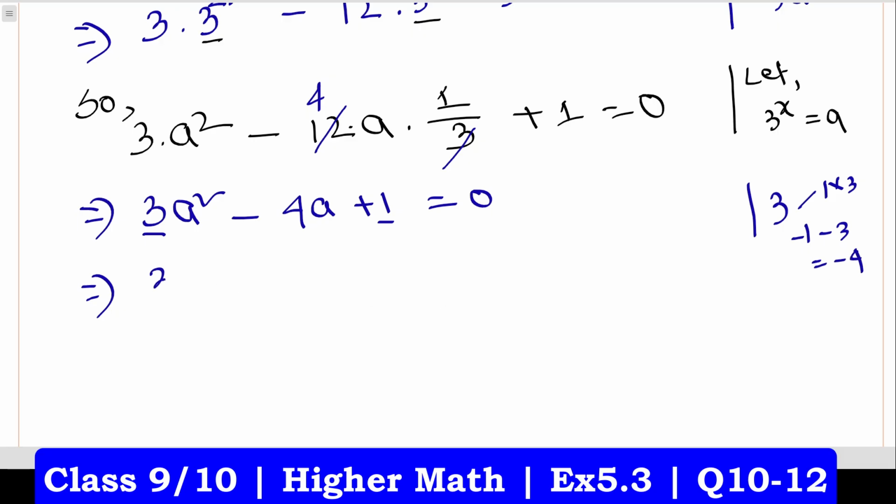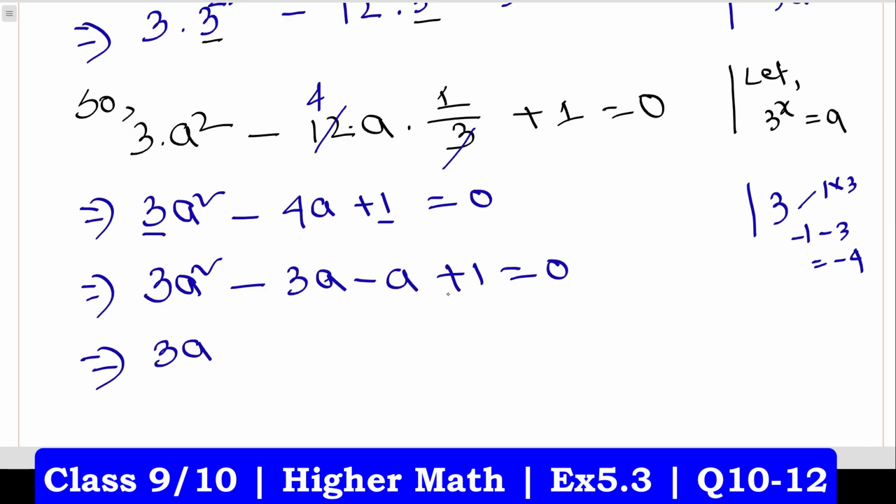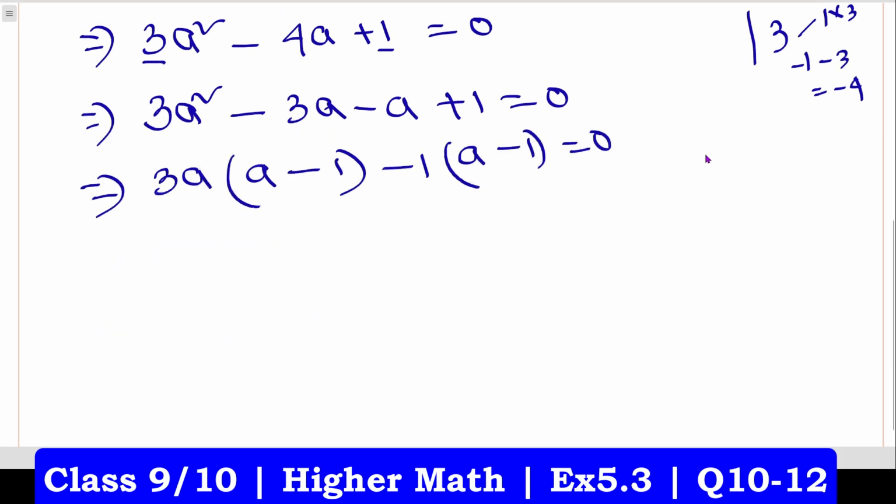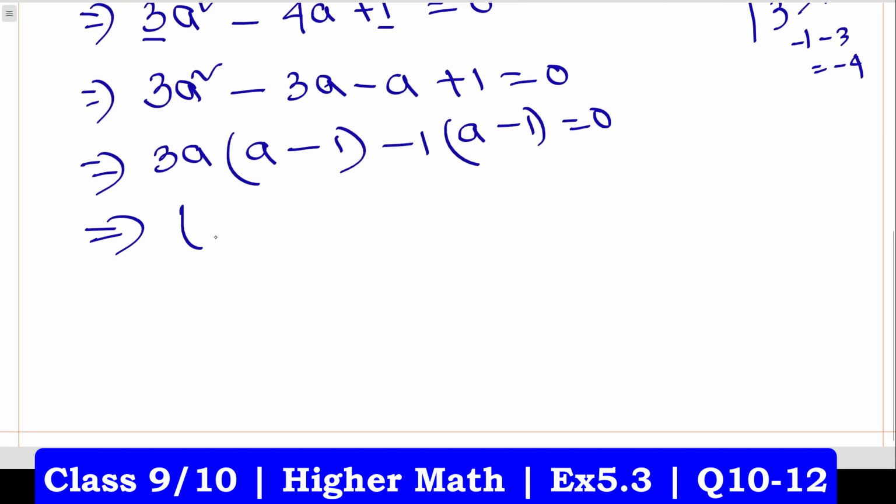So we can write 3a square minus 3a minus a plus 1 equals 0. So we can take common 3a from this equation, so here will be a minus 1, and here is a minus 1 once we take, equals 0. So from this expression we can take common a minus 1, and here is 3a minus 1 equals 0. So here are two things, either